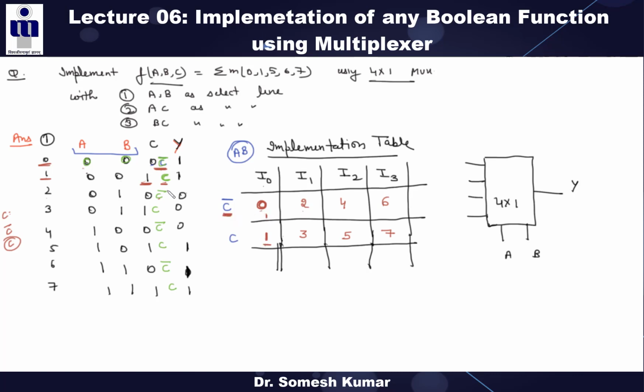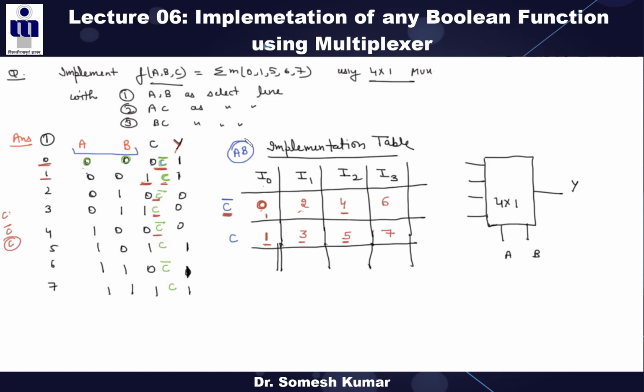C is there. So you have to make this like 0 at the C bar, 1 at the C. Now again, this 2 is C bar. In front of this C bar, we have to write those numbers which are as per your truth table, right? Understand? At the 3, there is C. At the 4, there is C bar. At the 5, there is the C, right? And so on.